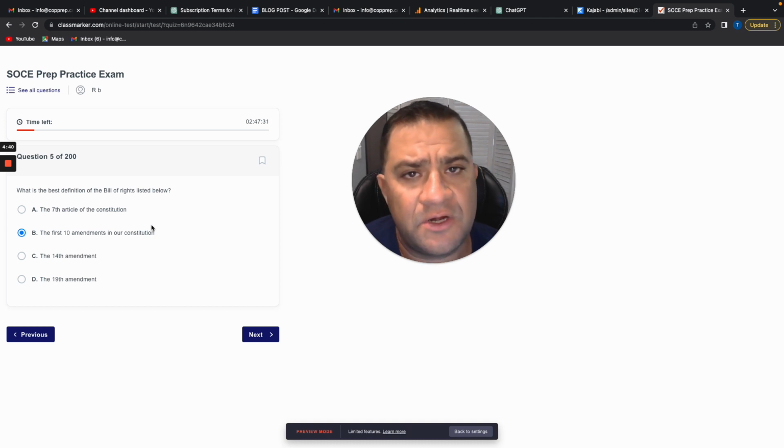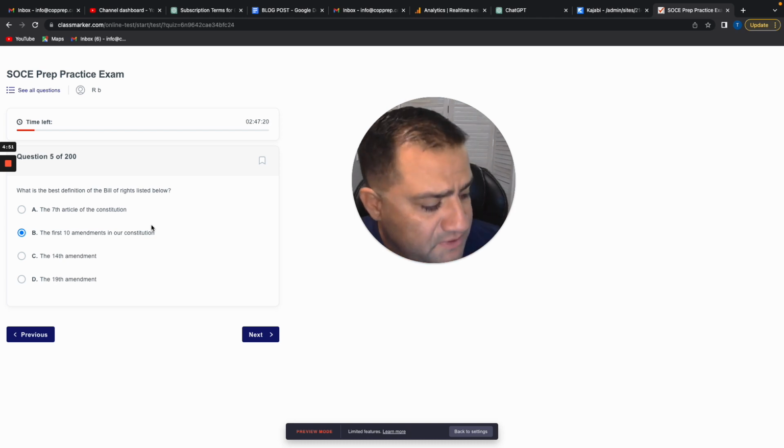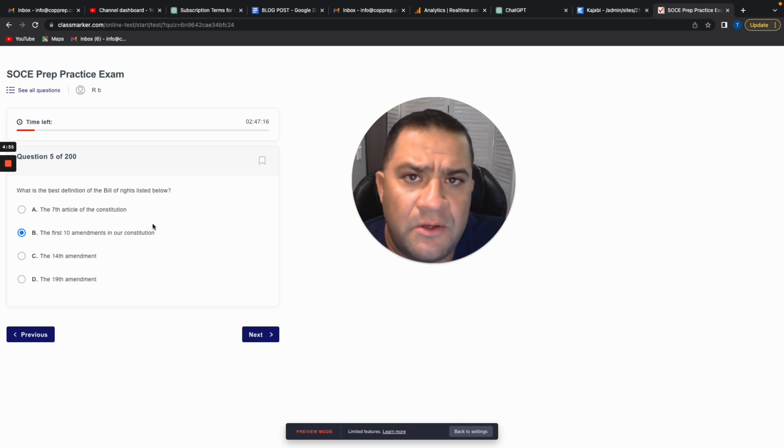Get you some flashcards, put number 1 on the first side, and on the back, what are the 5 protections of the First Amendment, right? You should be able to cite that. Second, what is it? Third, what is it? Fourth, what is it? You better know the Fourth Amendment if you're going to be out policing on these streets. No unreasonable search and seizure, guys. That's what you're going to be doing all day, every day. If you don't understand that, then you're going to get yourself in trouble, and I don't want you guys to do that.